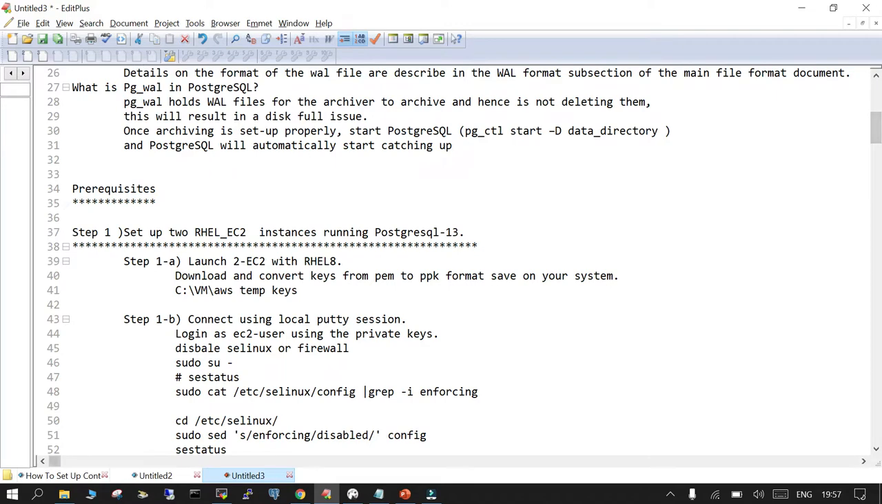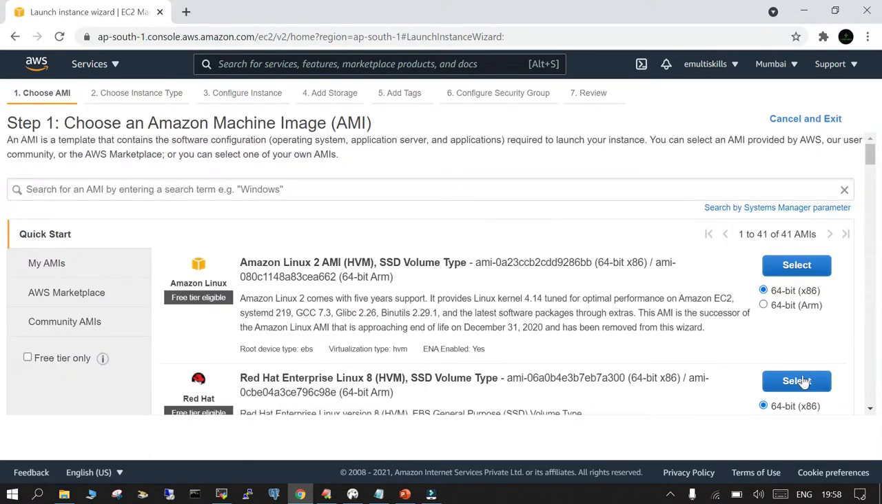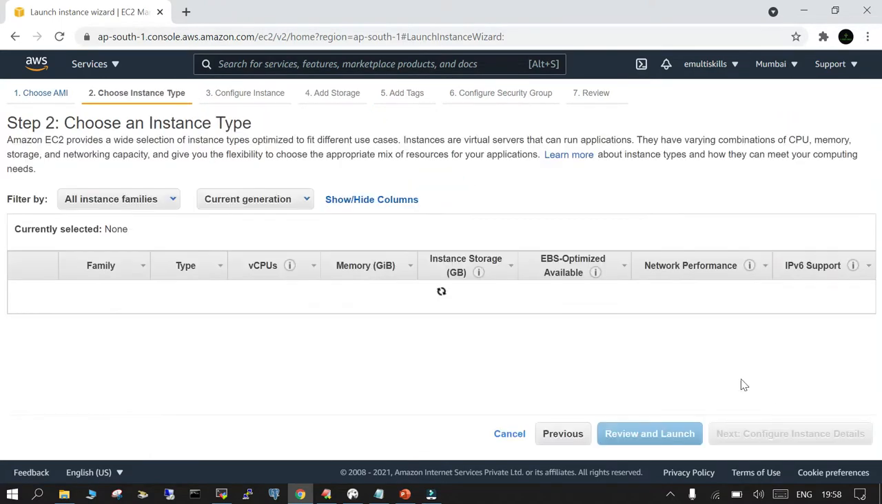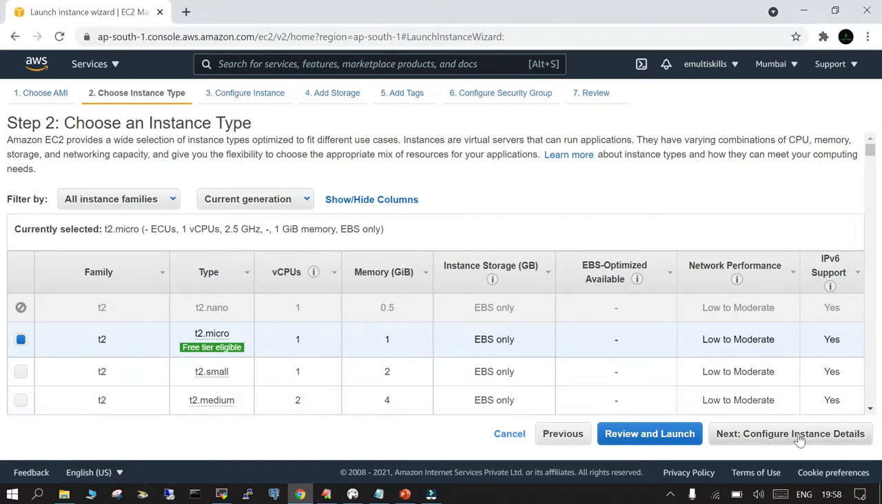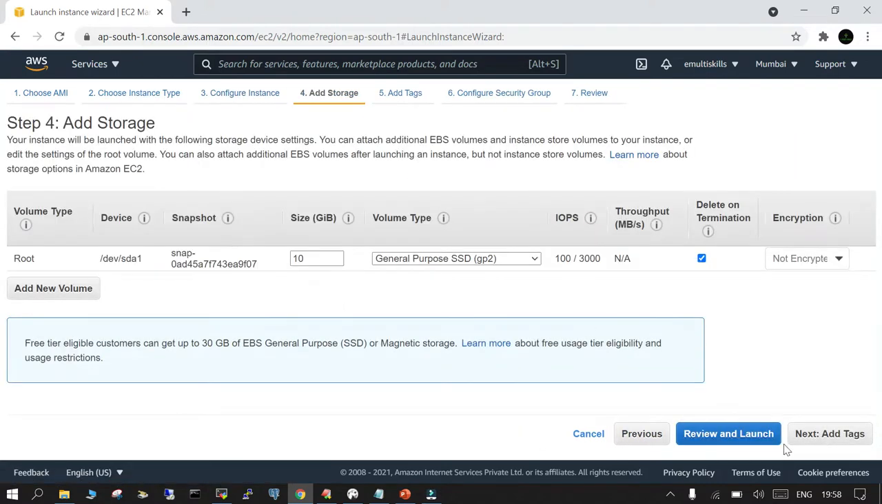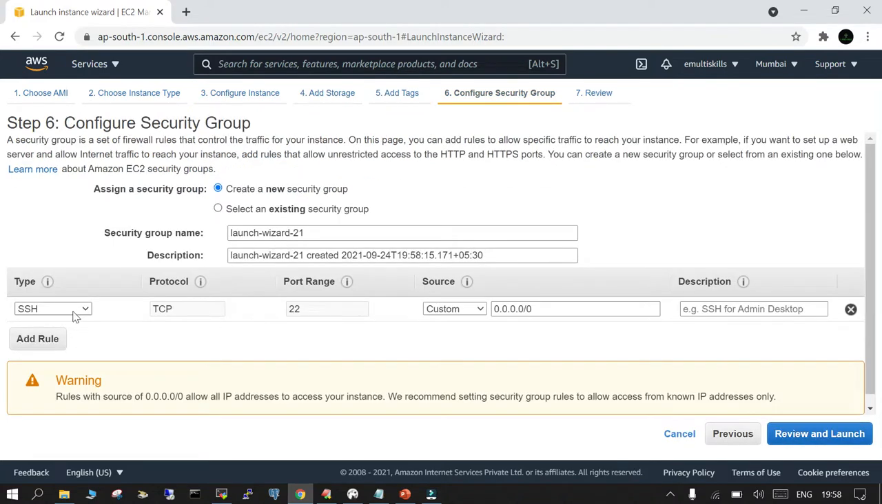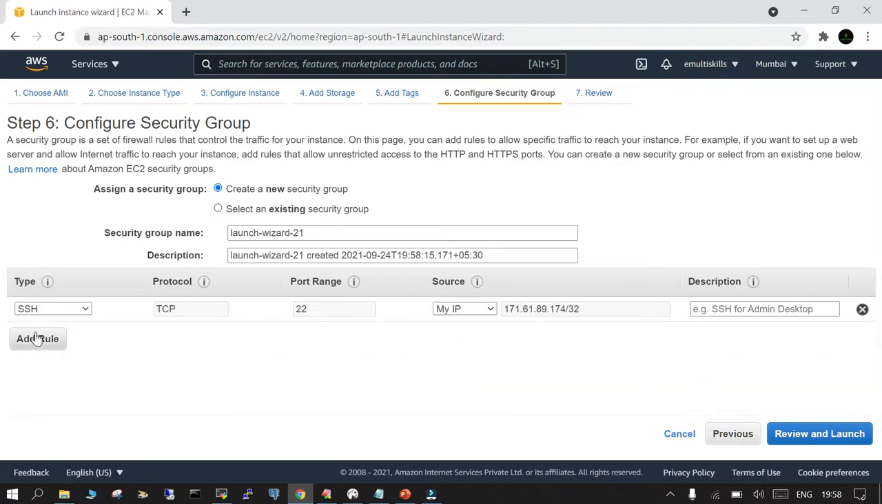to set up an EC2 instance. I'll directly go to the console and launch an EC2 instance, and then we will discuss it. I'm going to use RHEL 8, the free tier, and add storage. All defaults only, nothing special. We just wanted to make sure that only I should be able to